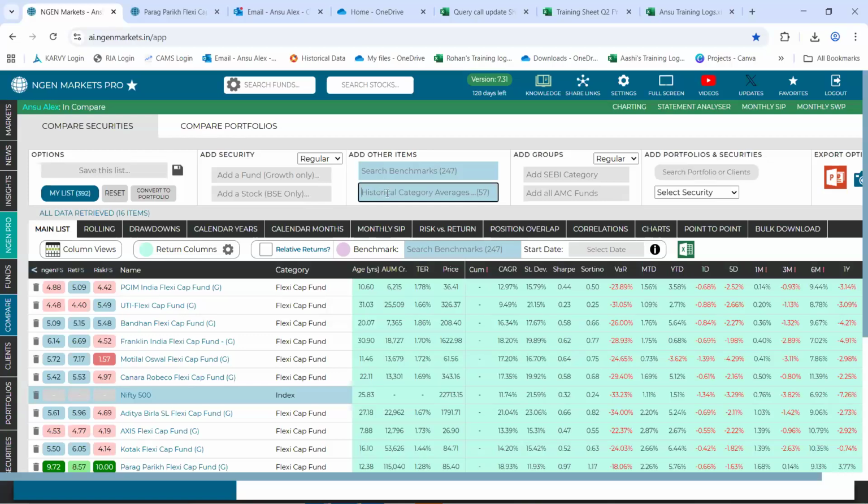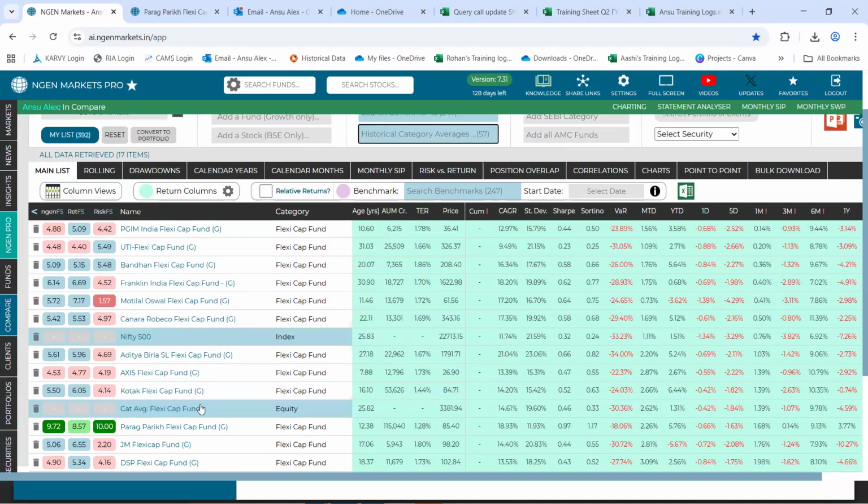And just below that, you can also search for the category average, which will be FlexiCap. Now you can see the benchmark and the category average have been added in, and they can be identified since they come up as separate blue color-coded columns.